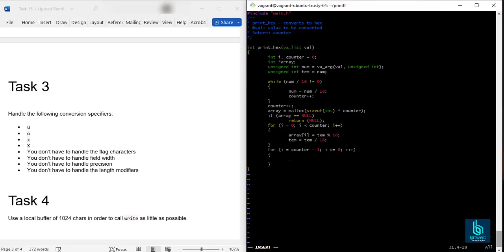We are supposed to say putchar, just like the way we did earlier. You can just say putchar array at index i, right? And then we say plus '0', because we need to convert it to a character, right? Because putchar cannot print a number. But if we do something like this, it's not going to work entirely, because we know that in hex, the